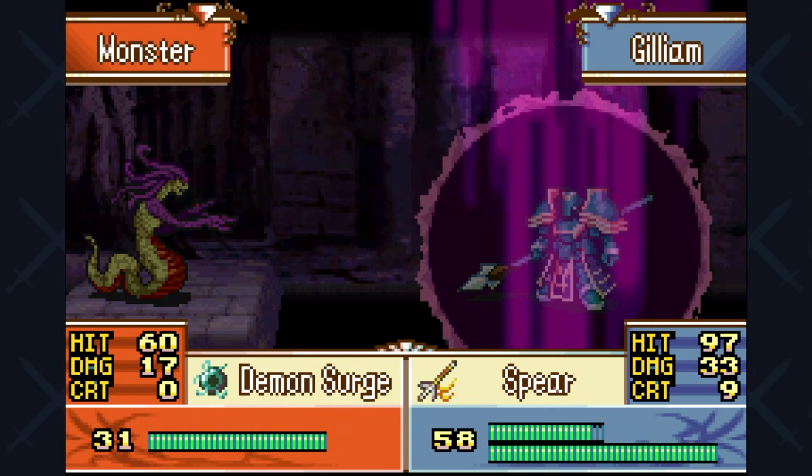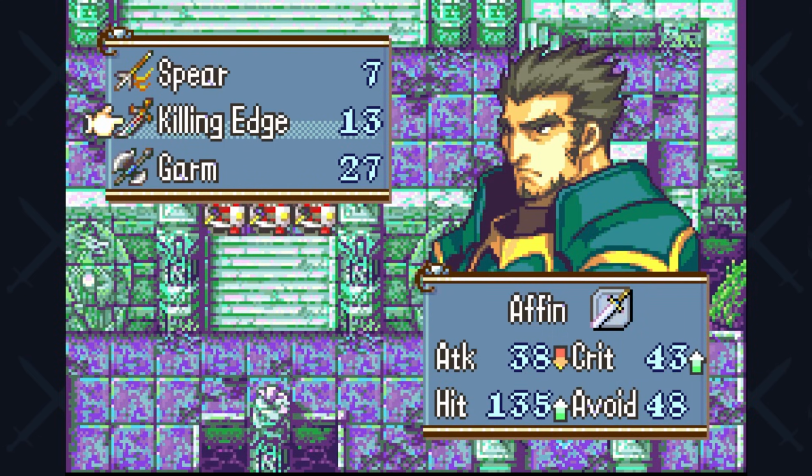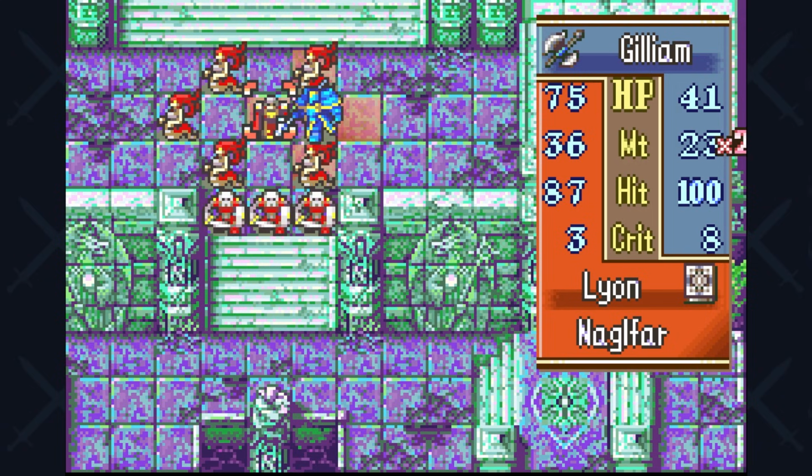Okay, so this one's going to walk forward. We can take it out in one hit. It does hit. 17 damage isn't great, but we had a 60% chance of getting hit there. We were probably going to get hit. You can see we can do some pretty good damage with Garm at Leon,